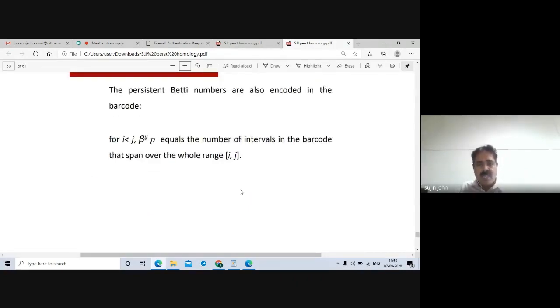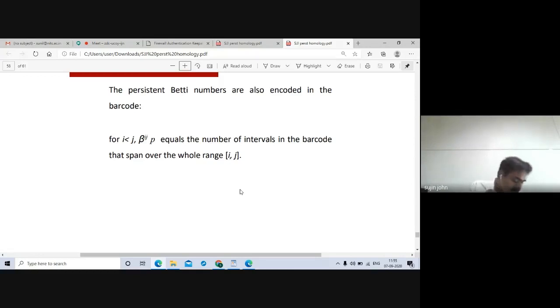And Betti numbers are also encoded in the barcode. As I told you, at a particular value of epsilon, the filtration parameter, you draw a vertical line and find out how many bars that line cuts. There is one barcode for each dimension, and how many bars the line cuts in each dimension will give you the